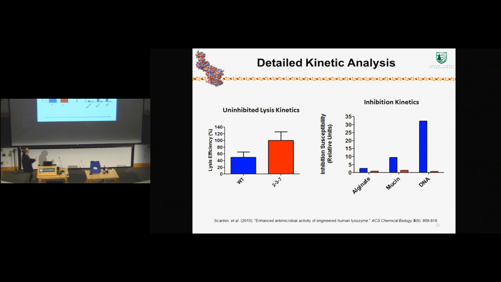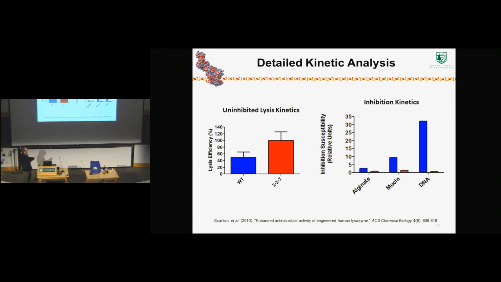So this is a bar graph where I'm just plotting inhibition susceptibility. This is relative susceptibility to inhibition on the y-axis, and it's inhibition by alginate, mucin, or DNA. The higher these bars, the more susceptible this enzyme is to inhibition by this biopolymer. And again, we've got wild type in blue, our engineered variant in red, and the take-home message is that the